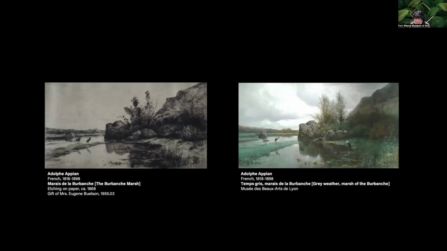Like the Forest of Fontainebleau and its hamlets, small villages east of Lyon attracted landscape artists like Adolphe Appien. In Bourbonche Marsh of 1868, Appien depicts a view of three herons wading in a wetland area along the Aisne River upstream from Lyon. The etching shares the same composition with the painting Grey Weather, Marsh of the Bourbonche, that was exhibited in the